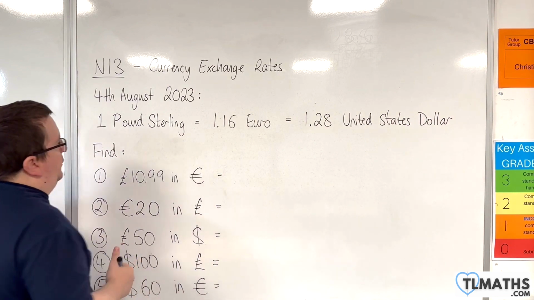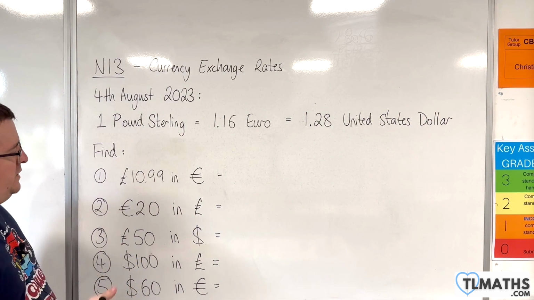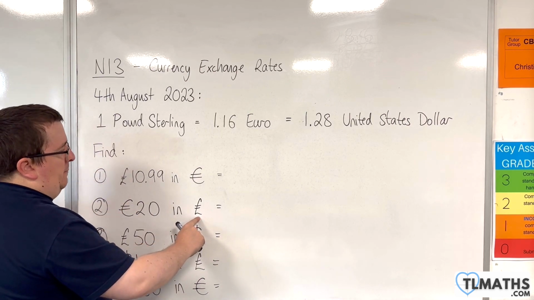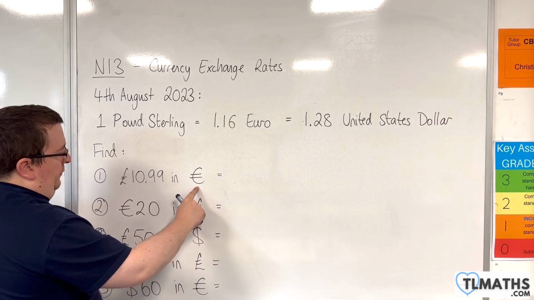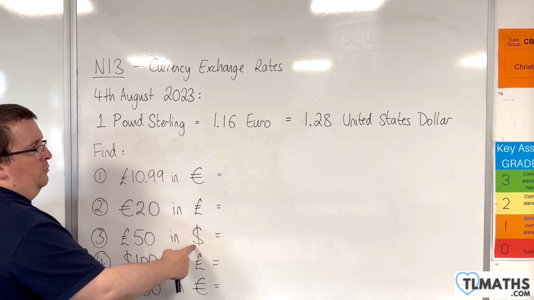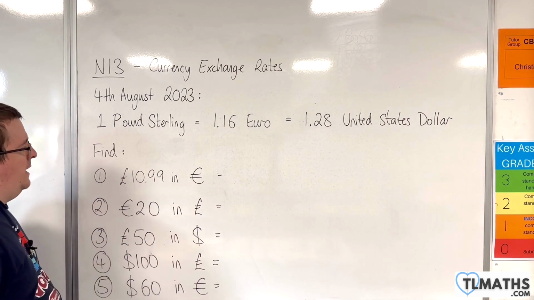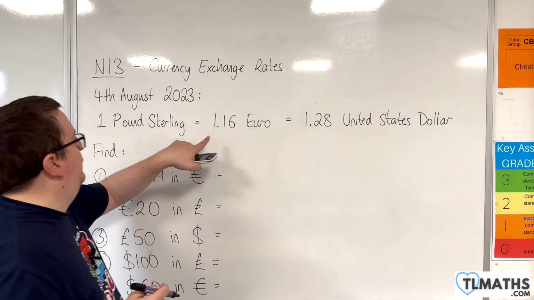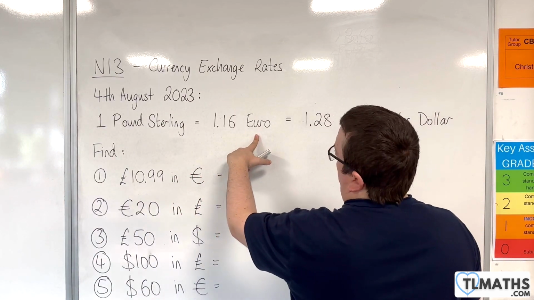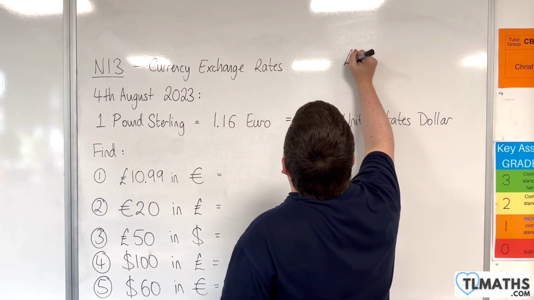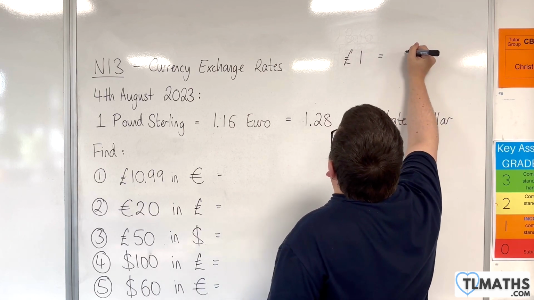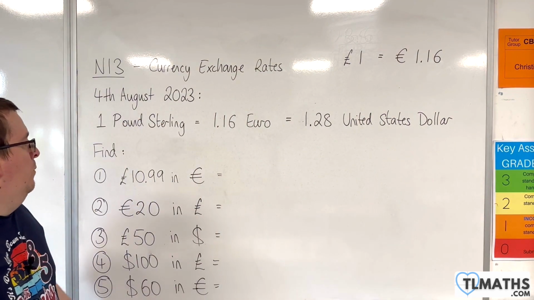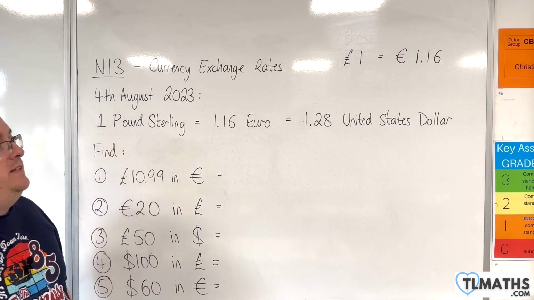So let's start this off then. First of all, just to make it clear, this is the pound sterling symbol, this is the symbol for euros, and this is the symbol for United States dollars. First of all, we know that £1 sterling is 1.16 euros. What we want is £10.99